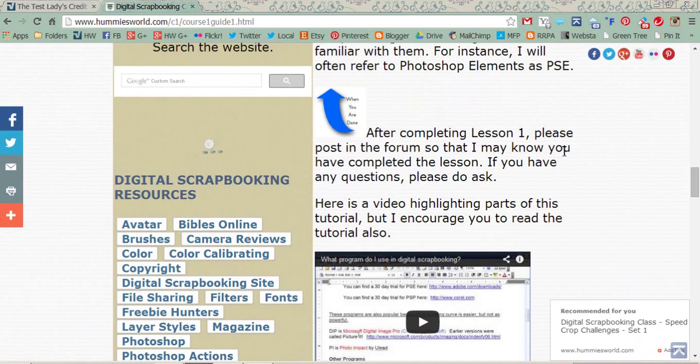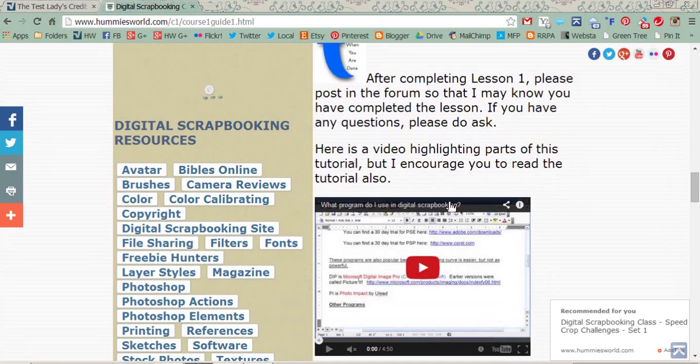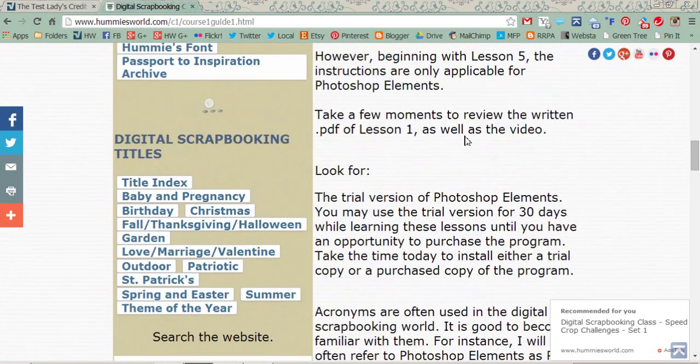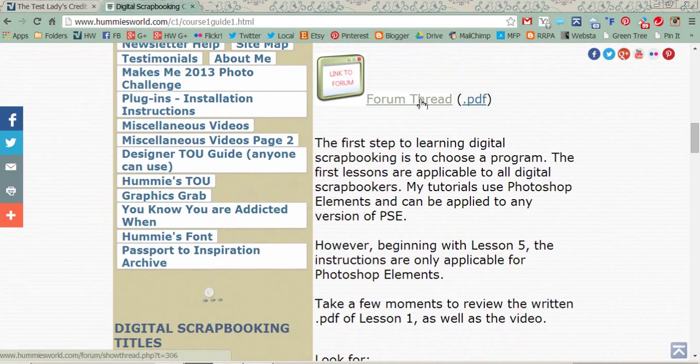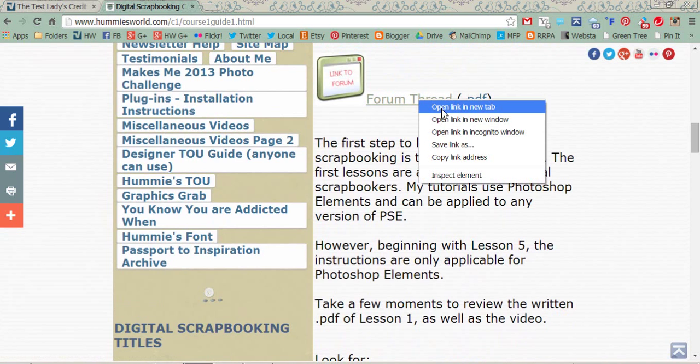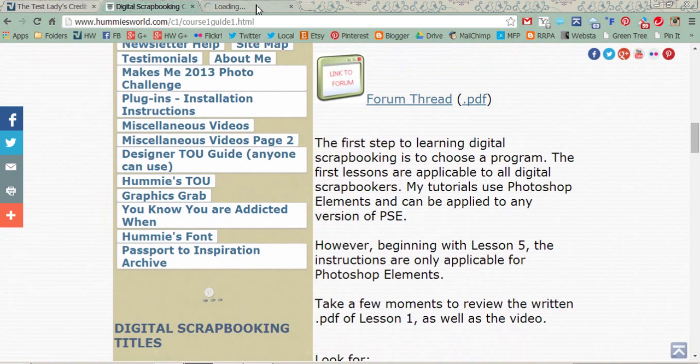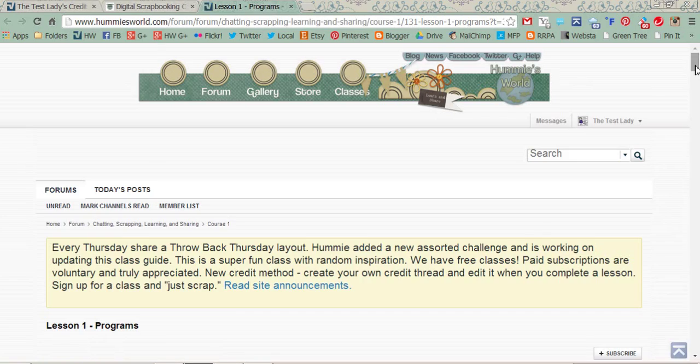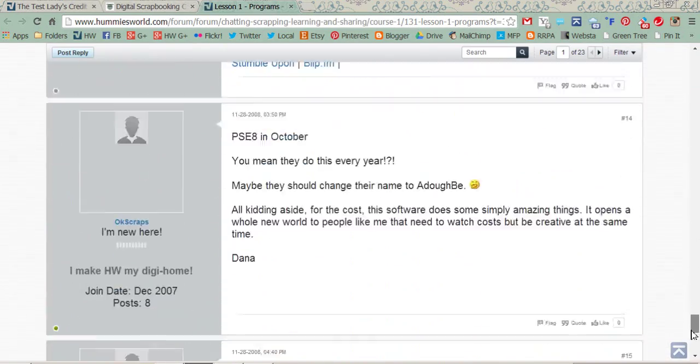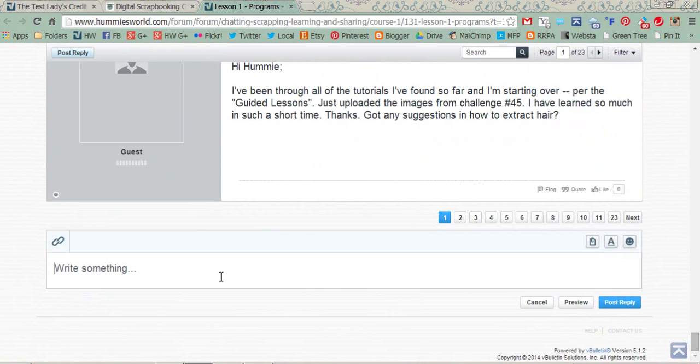Please post in the forums so that I know you have completed this lesson. If you have any questions, please do ask. And so we're going to do this lesson here. Then we're going to come back up, and I'm going to right click and open that link in a new tab again. And I'm going to come down here and scroll to the bottom and just type in this one,